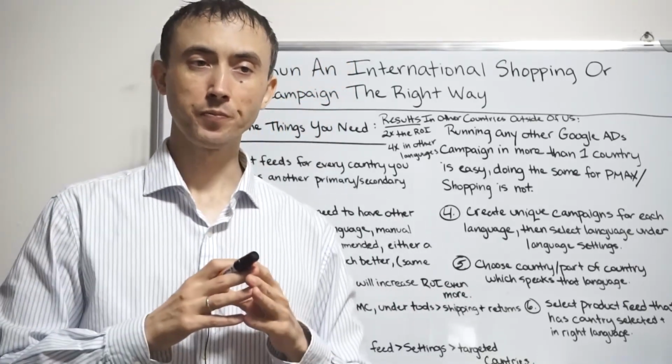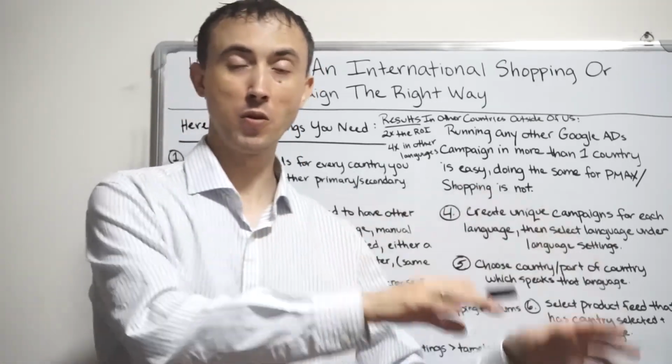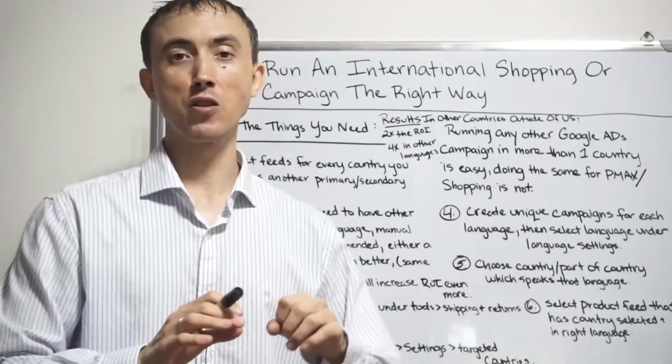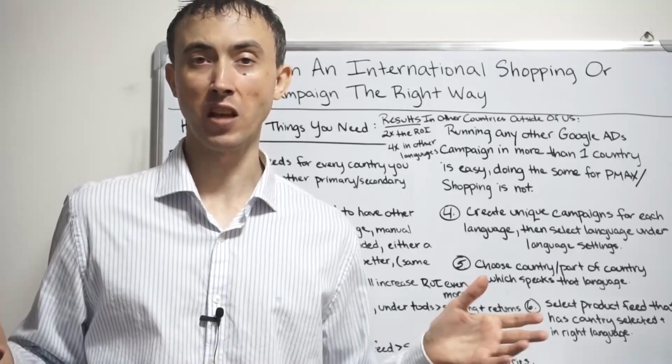And if you want to take my advice and go fully into this, one product feed for every language, so that you can target people that aren't even speaking English to get the maximum international sales you can,